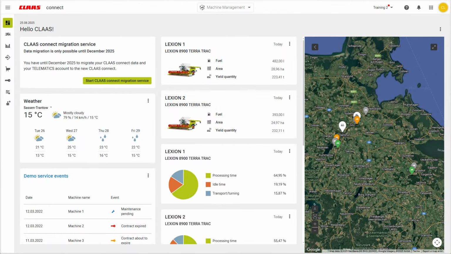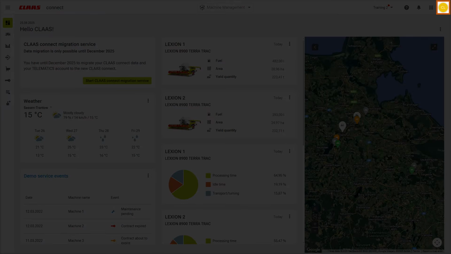In this video, we'll show you how to create an organization after setting up your Class ID. The organization represents your legal entity, which also includes your company name, shipping and billing address as well as shop permission. To create an organization, go to the upper right corner, click on the Class ID button,